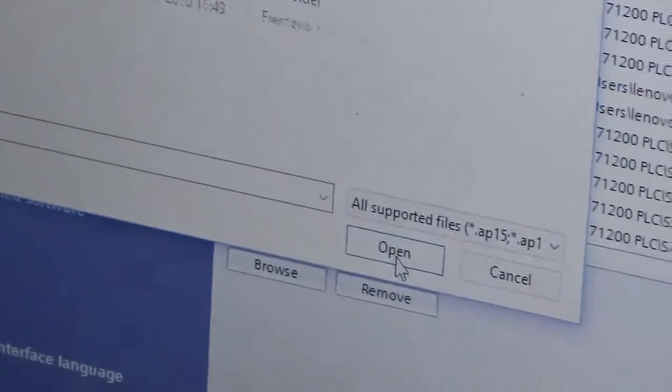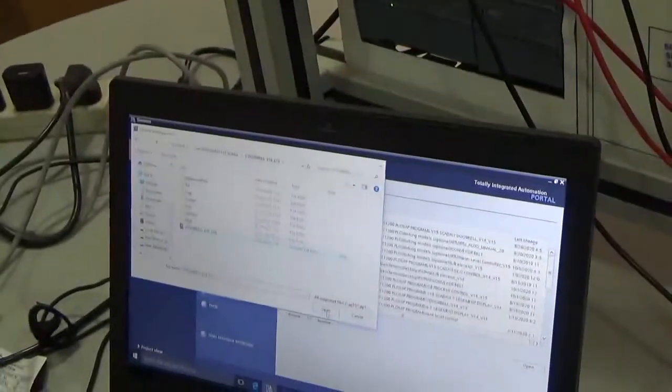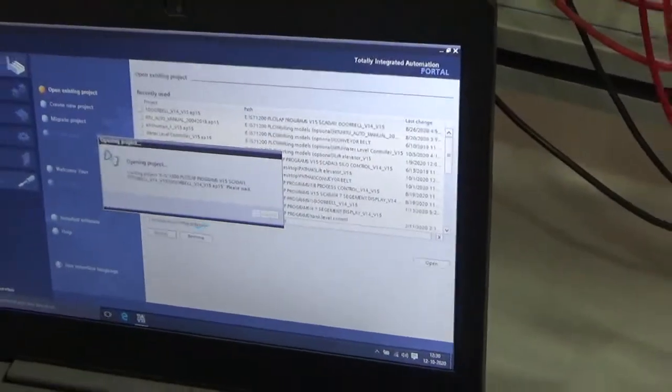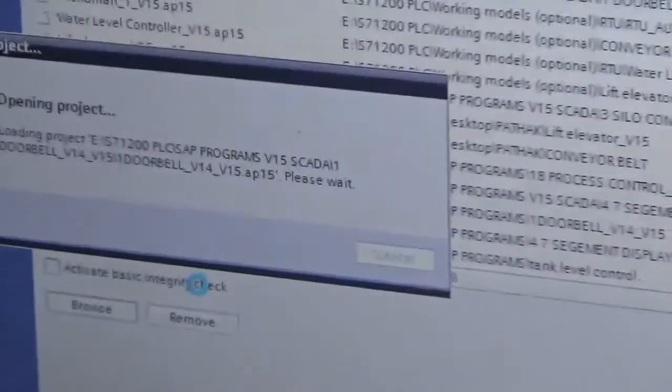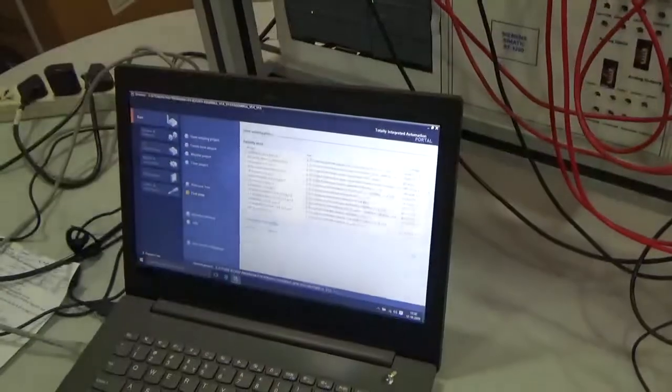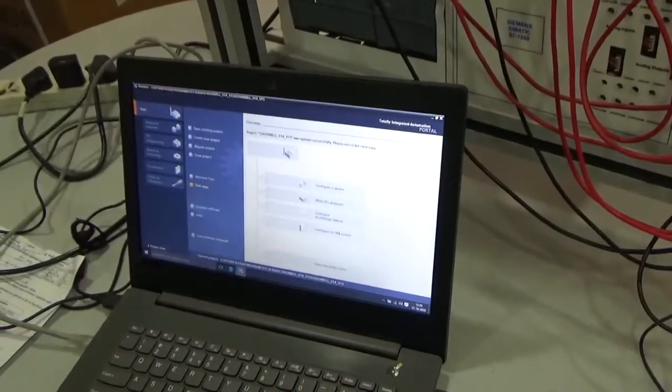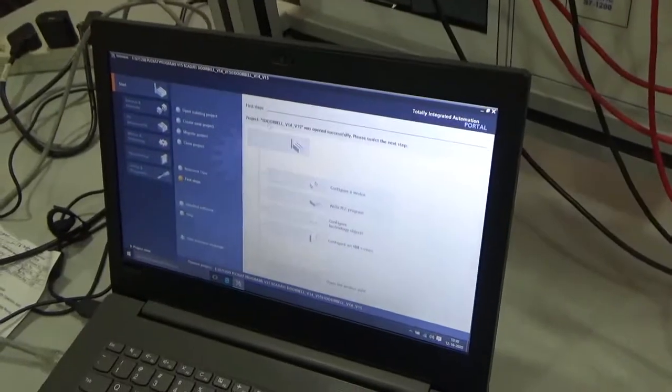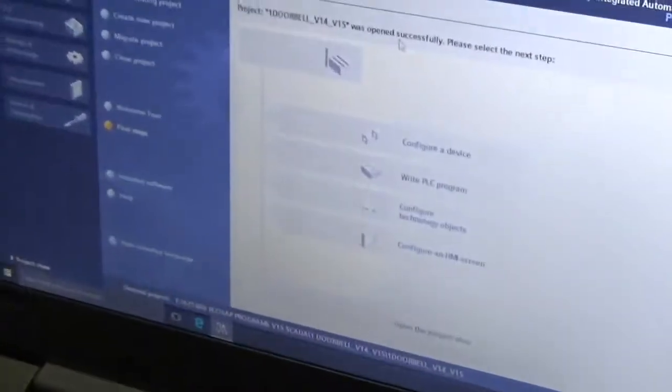Then open. This is the doorbell program. Now the project is opening. Now the doorbell V15 project has opened successfully.